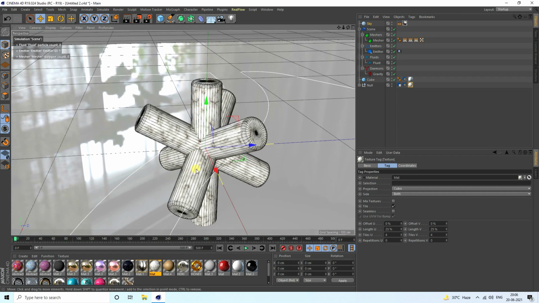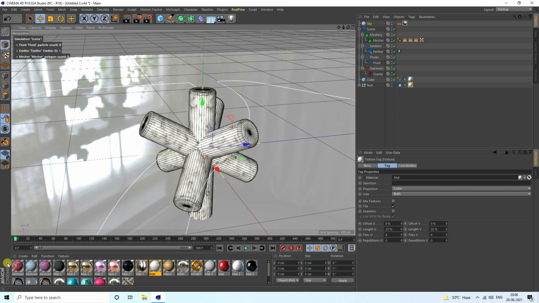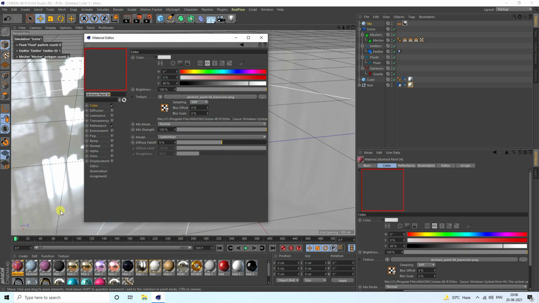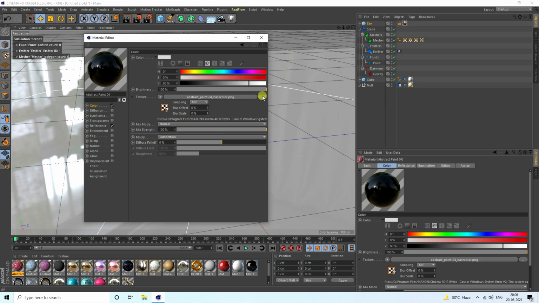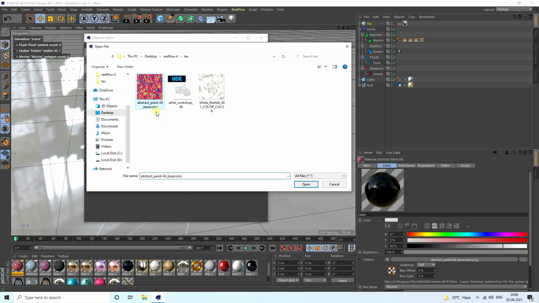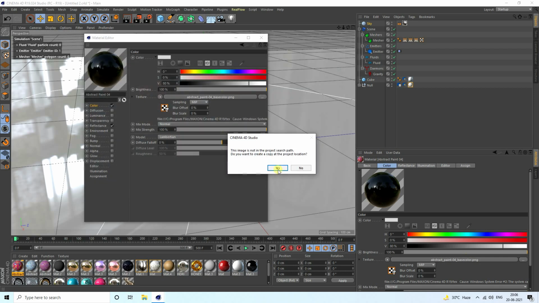Okay, so now guys, I apply this paint material on mesh, this one, that's my paint material. Guys, you can download this texture, HDRI texture, all material from my website and link in description.